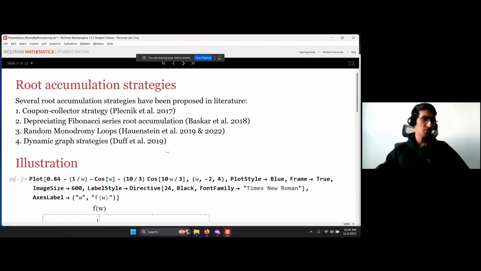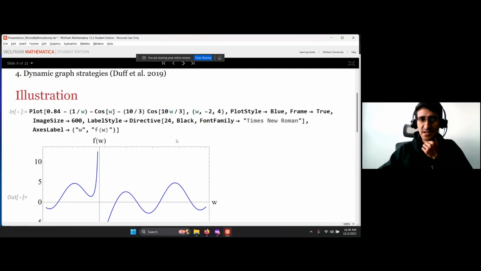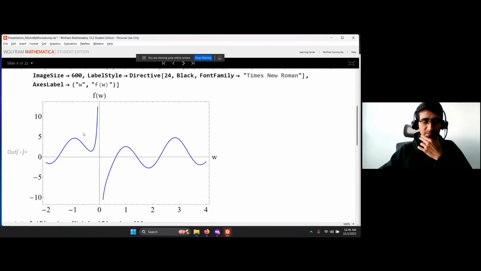The next thing we need is a route accumulation strategy. I've just shown you how you start from one route and then you can find many routes by randomly going around in the parameter space. Let's look at a concrete example. Here I've shown a non-algebraic equation. It has a pole at the origin, so you can actually use this to solve even